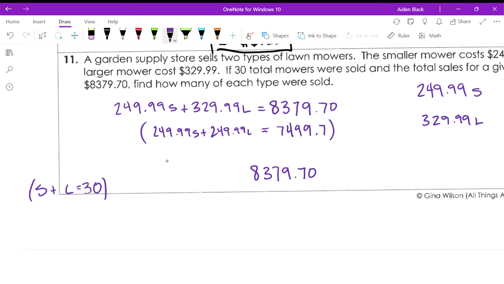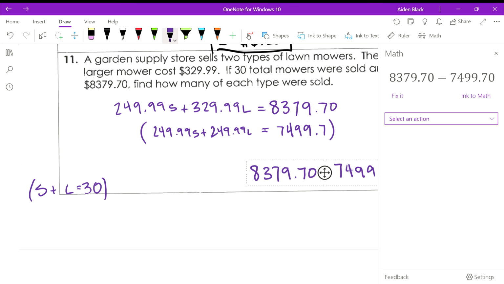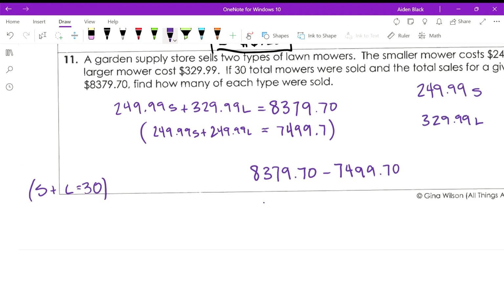This would be easier with the calculator, to be honest. We get 880. My pen is a disaster. 880